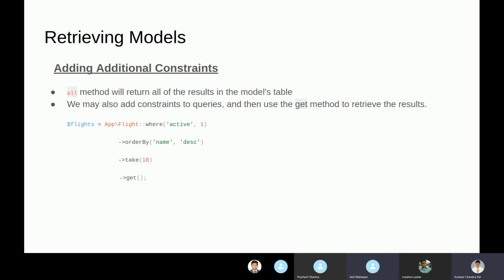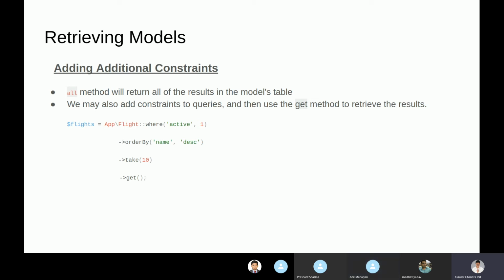Here, we have used Flight where active equals 1. There is a column in the table named active. It will fetch the data whose value of the active column is 1,